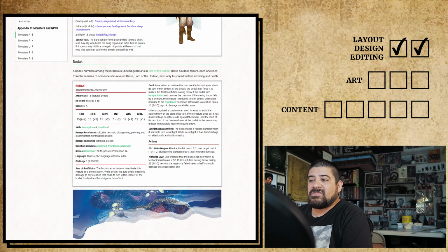What is their space and their carrying capacity? What type of things can they hold? And it does a good job of this stuff. Travel pace, ability scores. So here's another really cool part. It has now given ability scores to ships. And what that does is it kind of personifies them, where it treats them like an NPC. It gives them some value and some worth beyond just simply it gets you from point A to point B